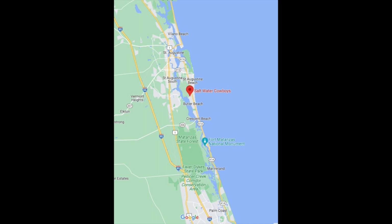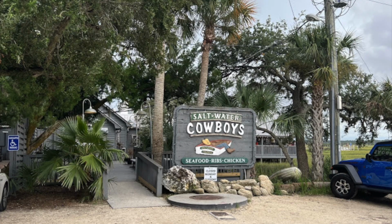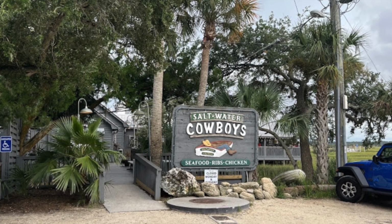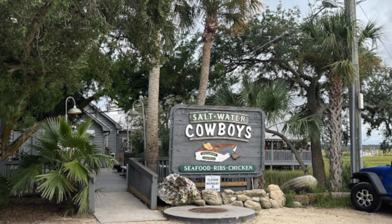Okay, after Washington Oaks Garden State Park, if you're looking for a nice setting for dinner, I would recommend one of the places. There's so many, but we went to Salt Water Cowboys, and it is over at 299 Dondonville Road in St. Augustine. It's a rustic fish camp style mainstay that's set in the salt marsh, and it has seafood, southern fare, and barbecue. Here's a picture of the outside area, and most people sit outside, and you'll see why. It's in a beautiful setting,